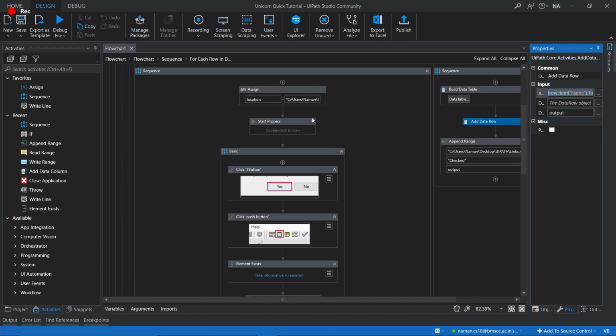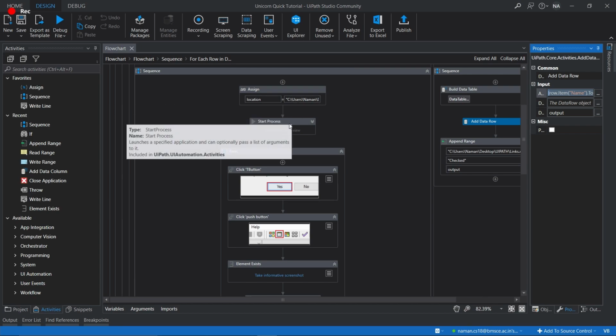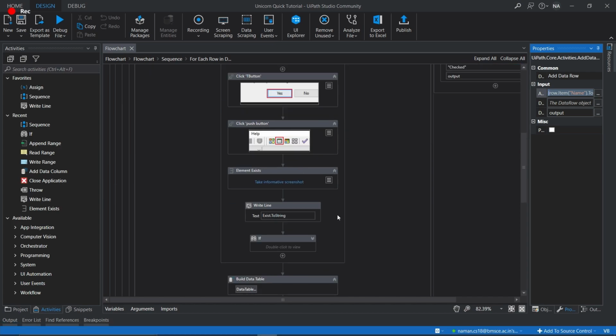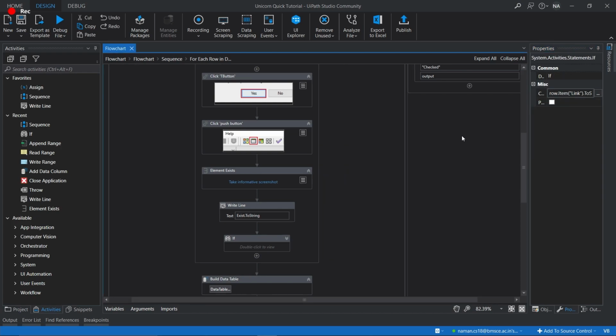If the link is present, then we go to the same location of the link, we open the process, we again click that button, the prompt comes out, and then this is the button to run it. So we run the application. Now after running it, there's a chance that it might not run because it's not compiled, because there was a compilation error in the previous block of the code.